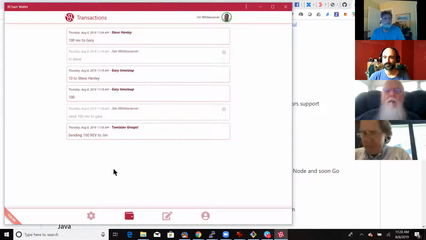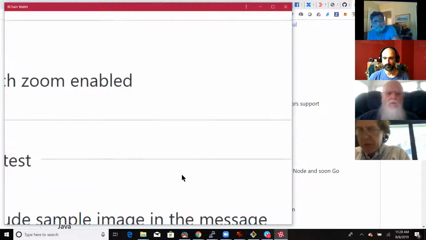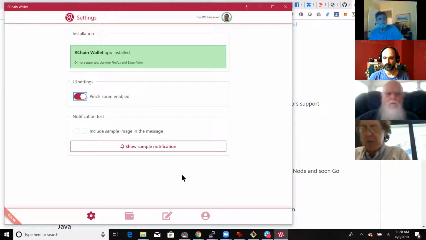Tomislav, I've got a question with PWAs, and I think you just said it, but when a PWA works on an iPhone, it's not an application. It's an application that runs in the browser, so it's a browser application. Does that sound correct? Yeah, but you should be able to install it. If you go to the settings,